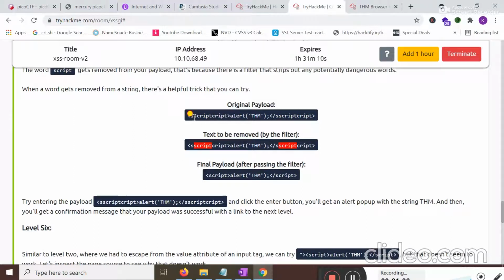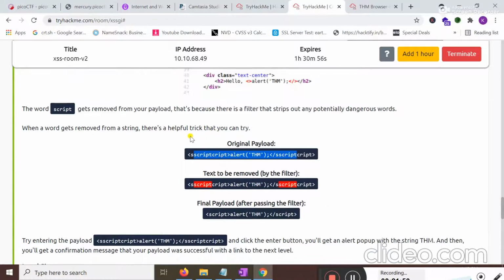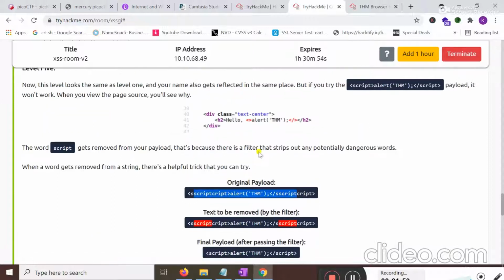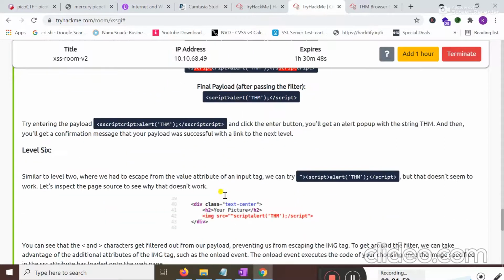Basically when I execute this, the inner script word will be removed, and the rest of the payload, that is this one, will execute successfully. So this is a very simple trick that you can use when any filter creates some problem in order to execute the JavaScript code.